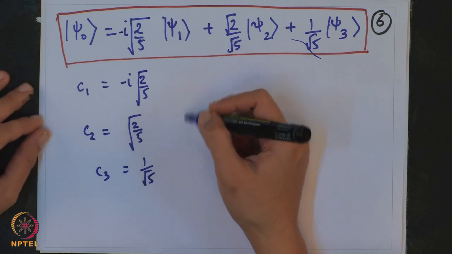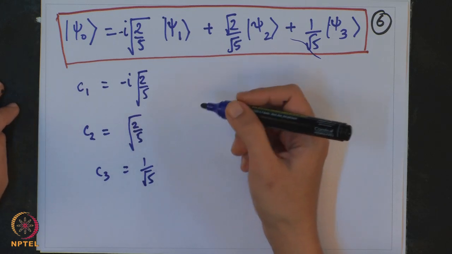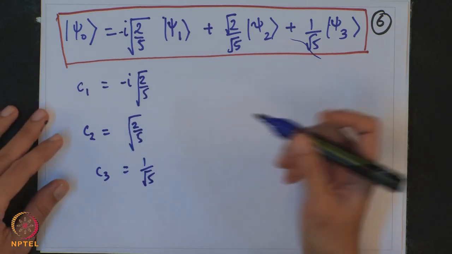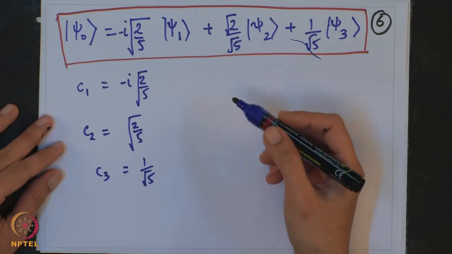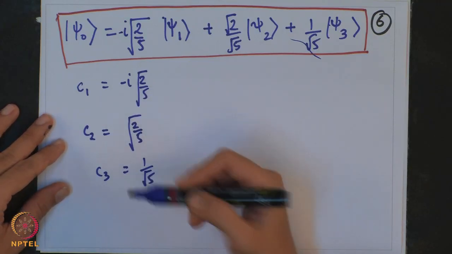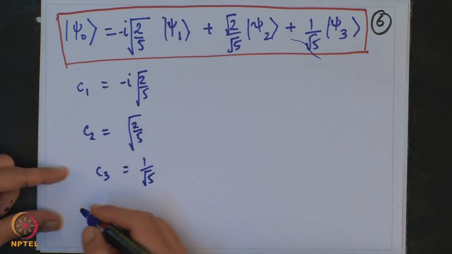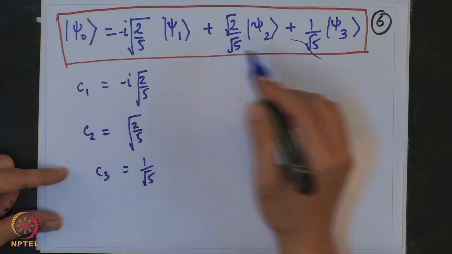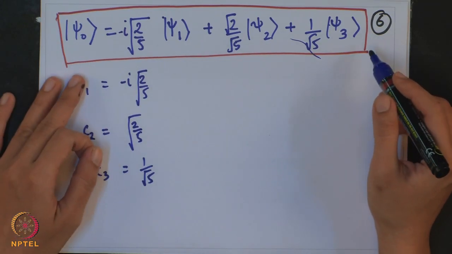Okay, why did I write the coefficients? These coefficients correspond to the possible outcomes; you can calculate the probabilities using C1, C2 and C3. So, what will be the probability of finding the particle? Okay, remember this set of